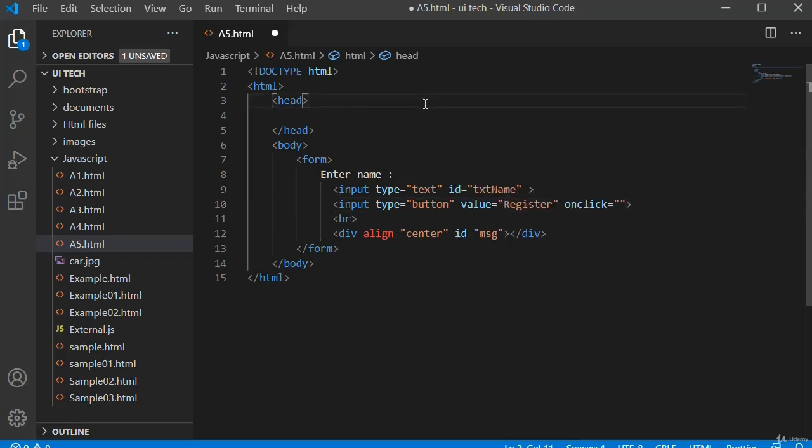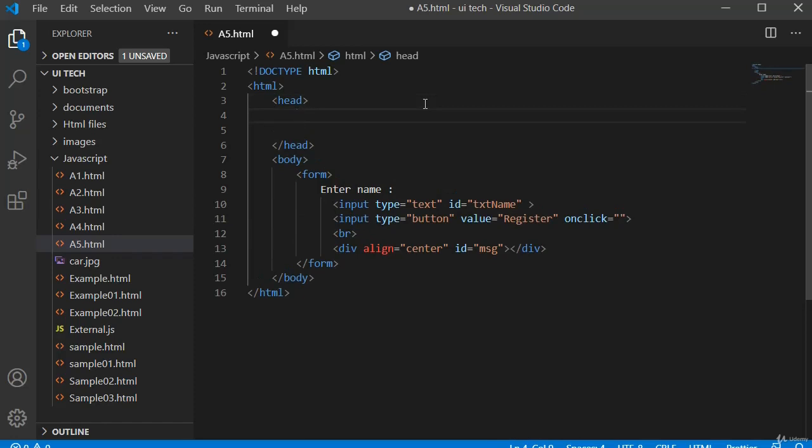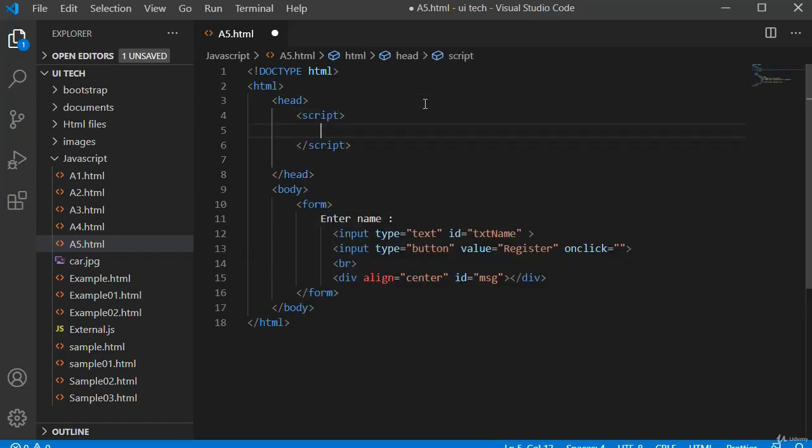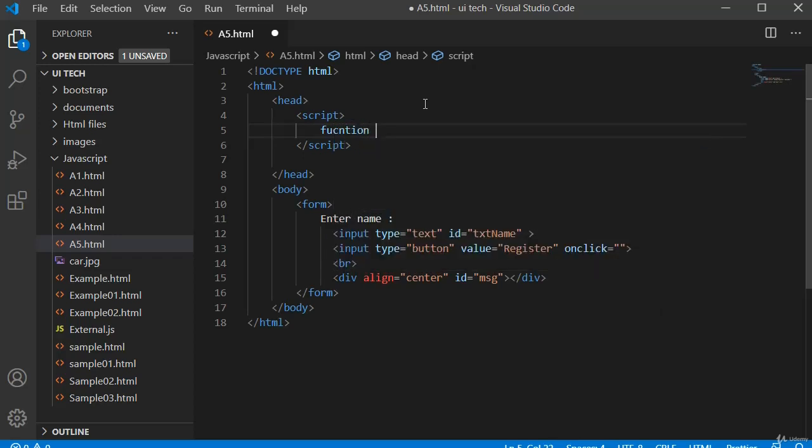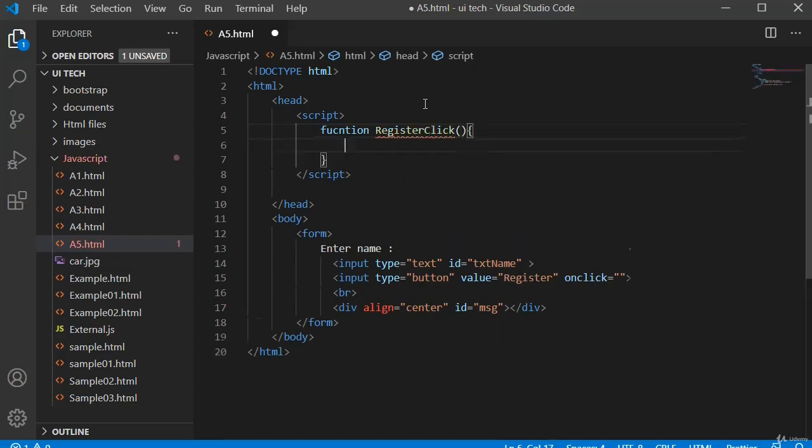Just go to head section. Write a script tag. I want to write a function, function registerClick. This is my function name.